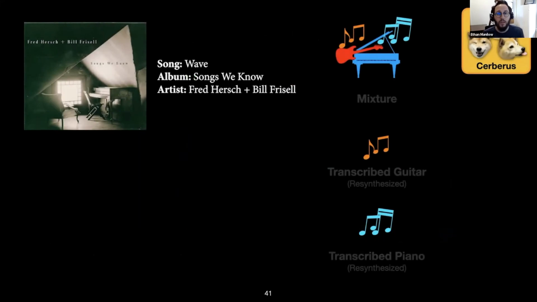So let's listen to the same piano and guitar duet and compare the output of Cerberus and MT3. This time we're only going to listen to the transcription outputs. First you're going to hear the mix, and then you'll hear the Cerberus transcription results while the piano roll is shown on screen, and then the same sequence will happen for MT3. But before I play the clip, let me just explain what to listen for. First you'll hear Cerberus do a great job transcribing the guitar part and an utterly horrible job with the piano, as we just heard. And then you'll hear MT3 miss most of the guitar notes, but then it's going to do a near perfect job transcribing the piano. I'll talk more about this after I play the example, but for now, let's listen.